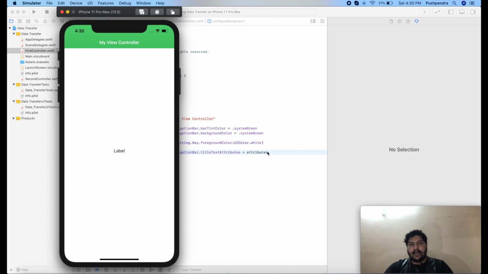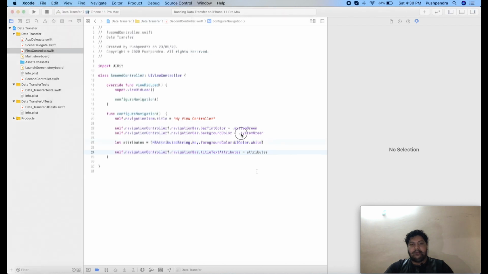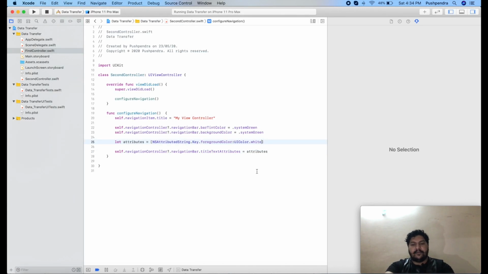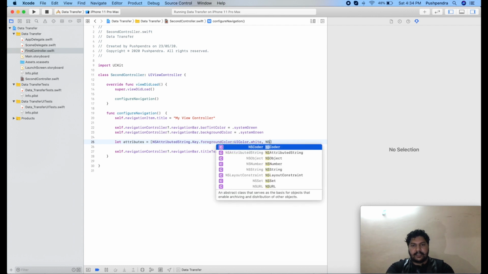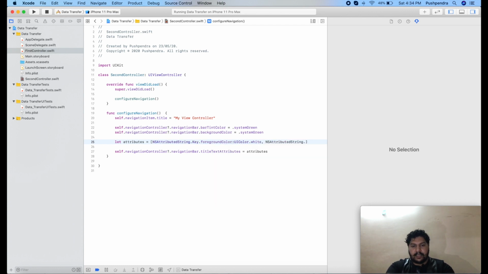Now if you would like to change the font of this title, how can we do it? So here NSAttributedString.Key.font, here we have to give the font UIFont, and here we have to pass the name of the font. We can say Verdana and font size is 17.